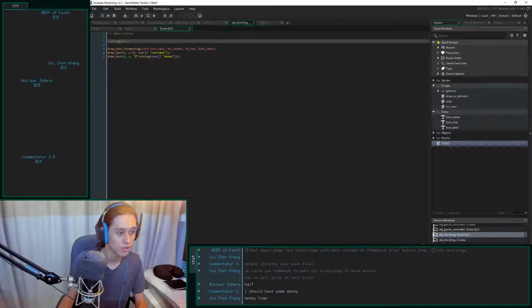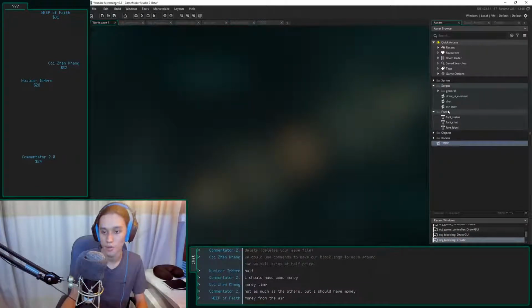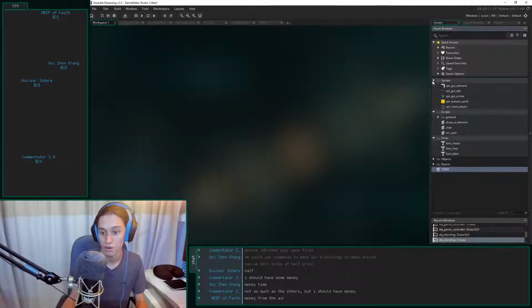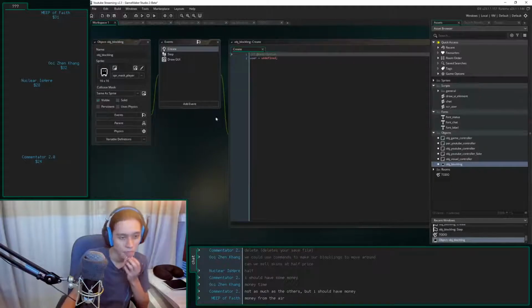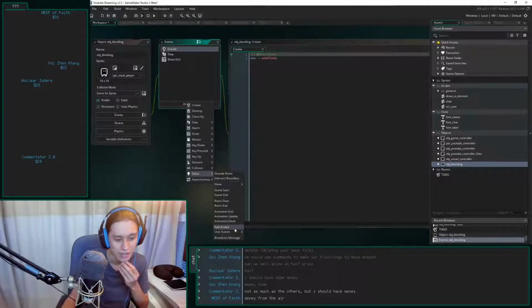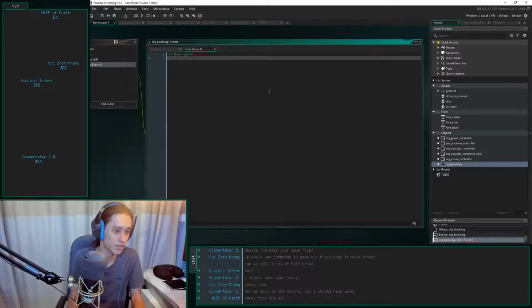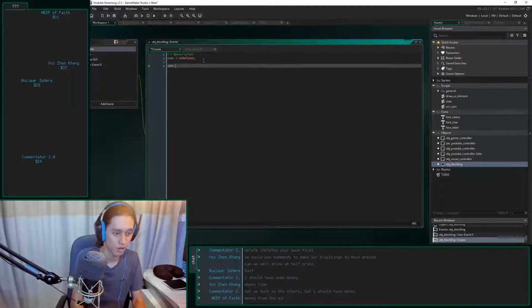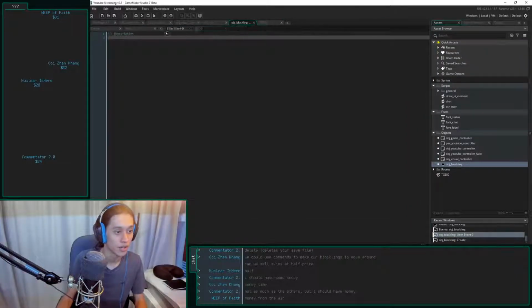When I create my blockling, I need to create a user event 0, which is just the special script that I run. Actually, I no longer need to, because what I used to do is I'm just going to use this. When I create event, I'm going to call event user 0, and what this is going to do is define a bunch of functions for us. So blockling, user event 0.